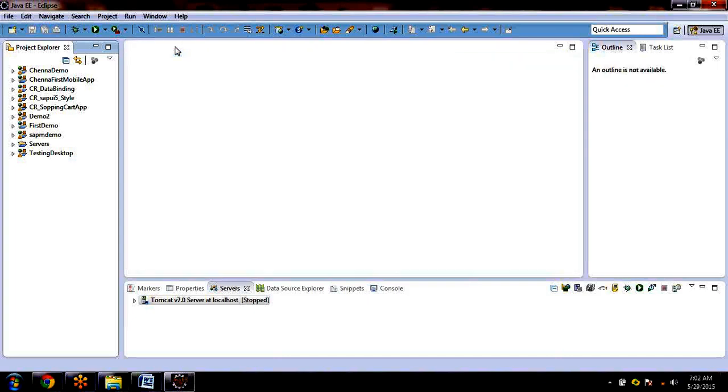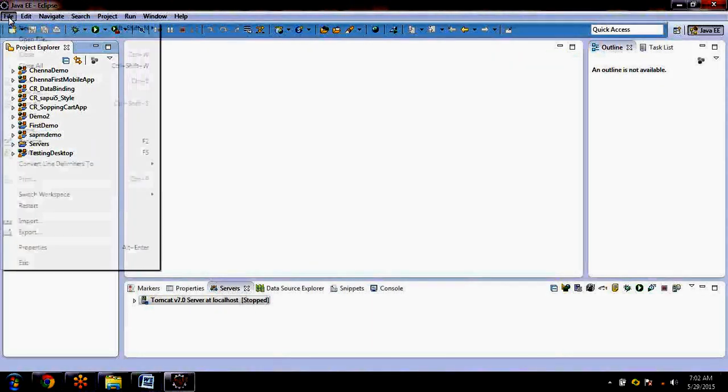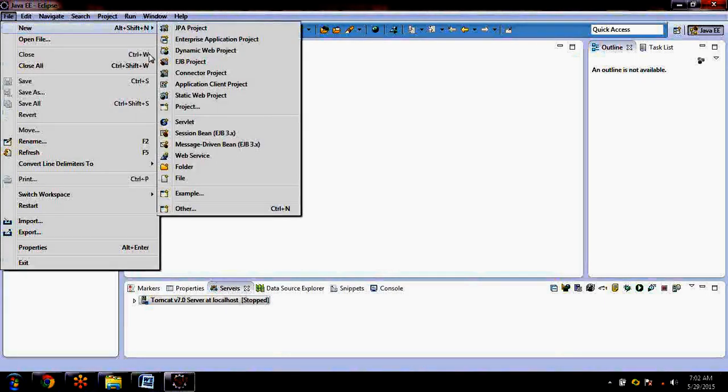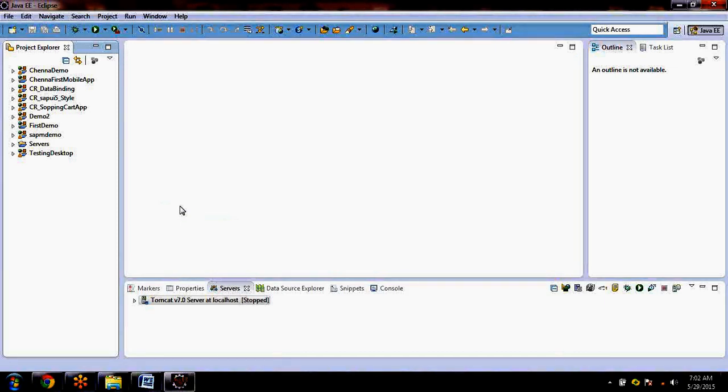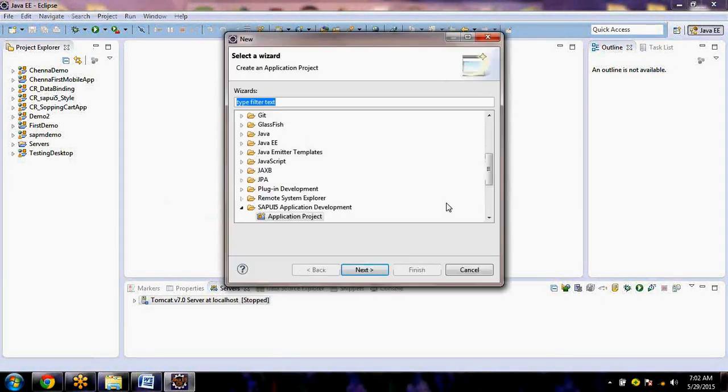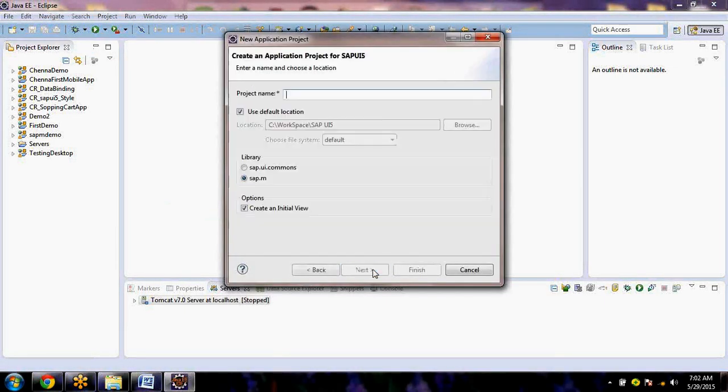Okay, so let's go ahead and see one more application. Let's say I'm creating a project. If anyone still has doubts on this, you can follow now. File, new project. I would like to create a mobile application project. Chenna mobile app is the name I am giving.